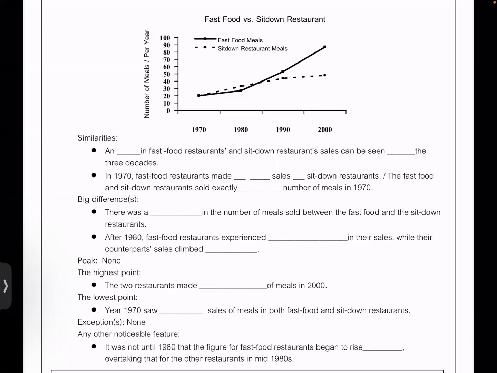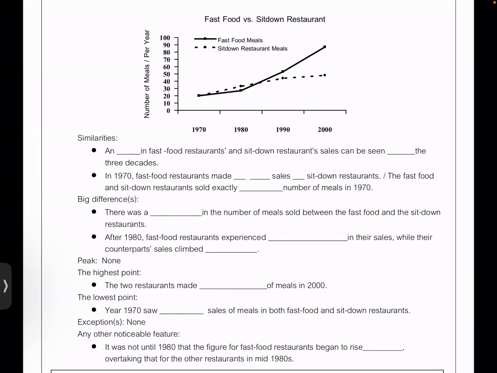What about exceptions? So exceptions have to do with things that exhibit weird behavior or the odd one out. So we can't talk about exception if we only have two quantities. We need at least three quantities. And we have to identify one quantity that exhibits a strange behavior. So we're going to skip that as well.